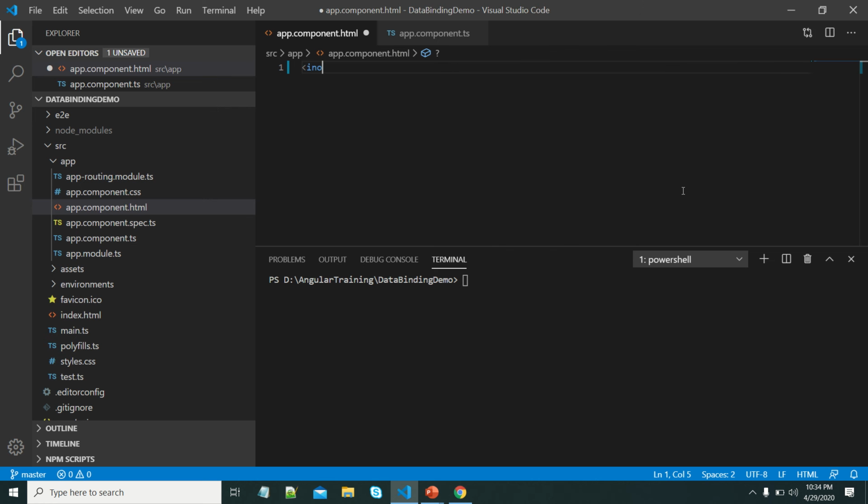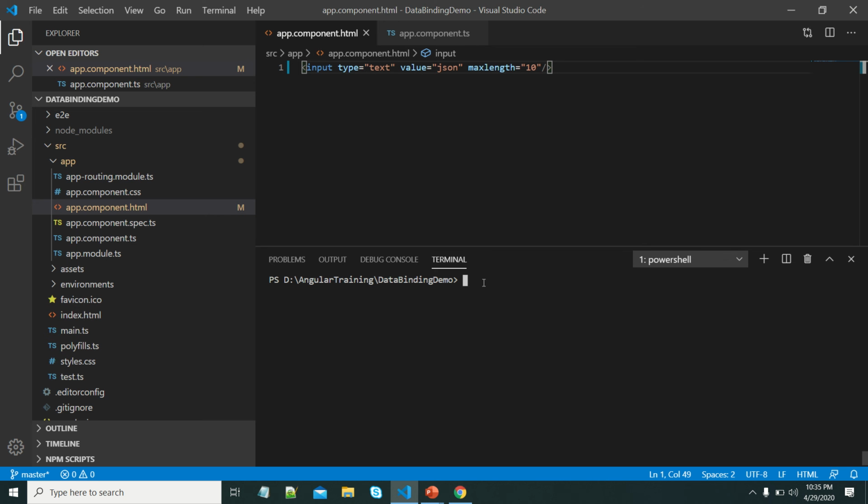Let me add an input element as we discussed. Then value. Let me add some text here. Max length. Let me add 10 characters. This is a simple HTML element. It has three attributes.